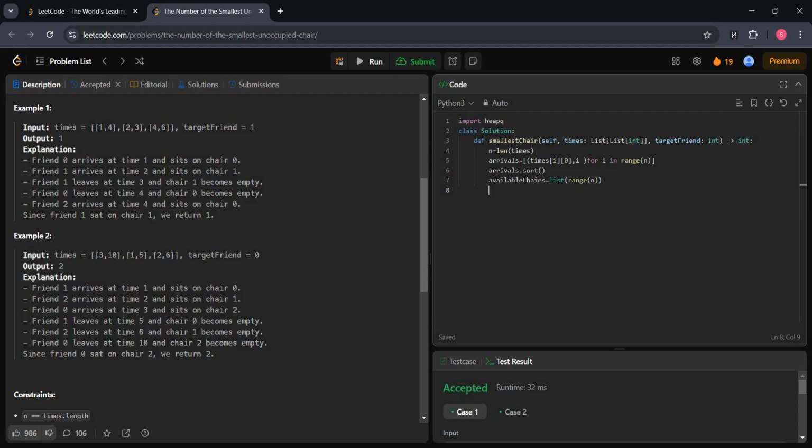We convert this list into a min heap, which lets us efficiently extract the smallest available chair when a friend arrives. So I'm going to write heapq.heapify of available